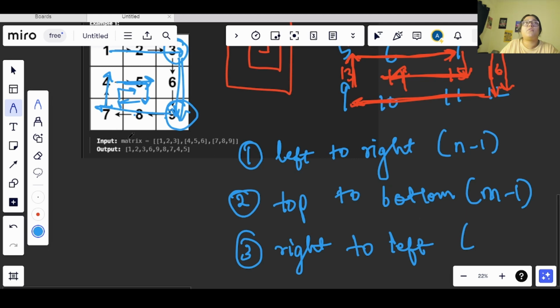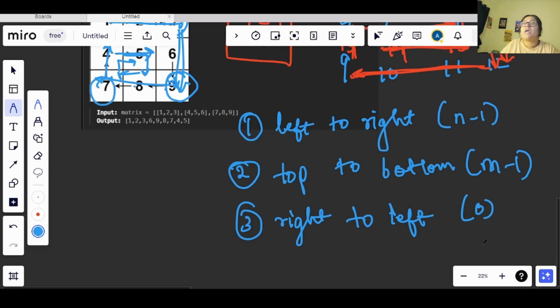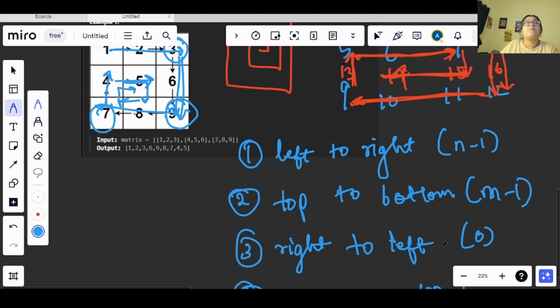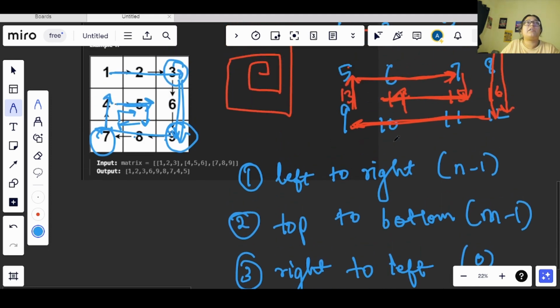So what we will be doing here, we will be reaching the 0th index right now. Once we have reached 0, then again we will go from bottom to top. So basically, we started here from row as 0, right? Row was 0 here, but we are going till 1 only.